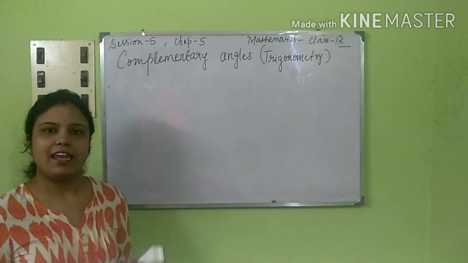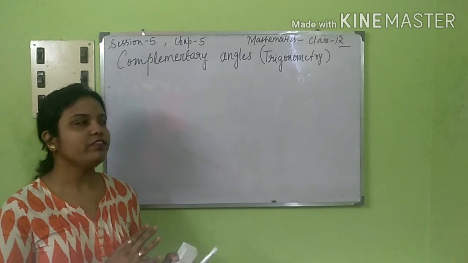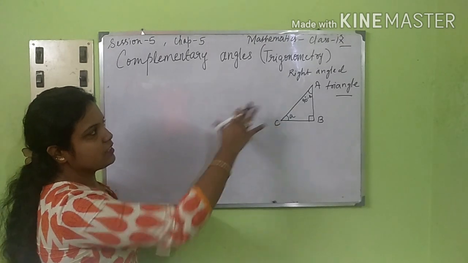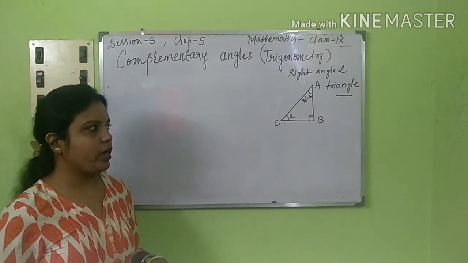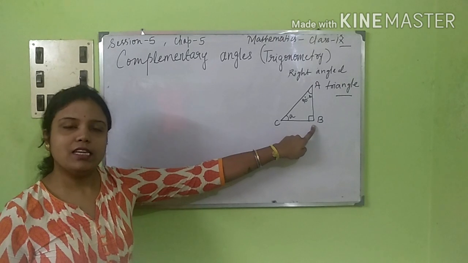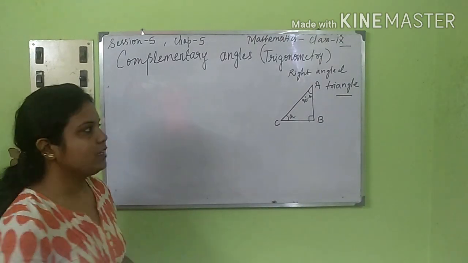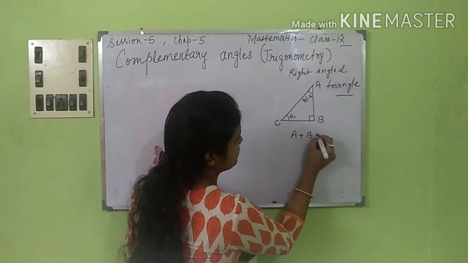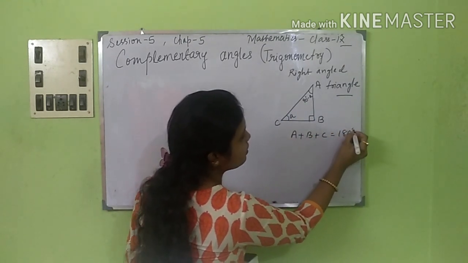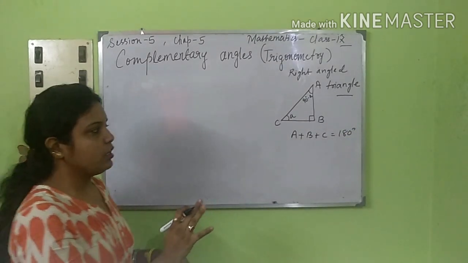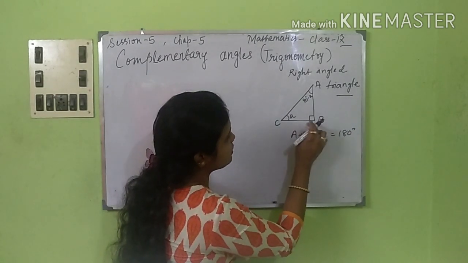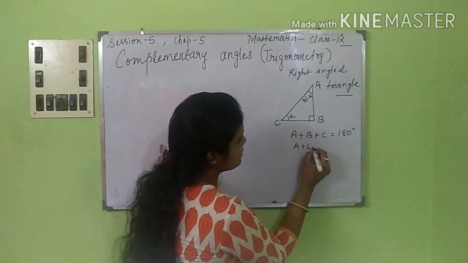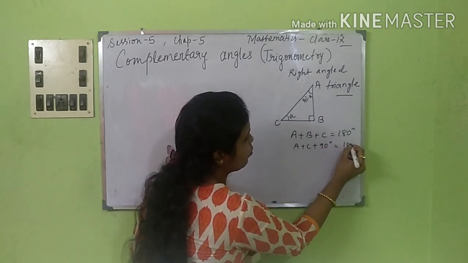So as for now, let's start with the trigonometric ratios of complementary angles. So let's have a look. Now let us consider this right angle triangle ABC, where it is right angle at B. Now you know that angle A plus angle B, that is the vertices, plus angle C will give you 180 degree, right? This we already know. And here already this particular angle is what? 90 degree. That means if we write A plus C plus 90 degree, that is equal to 180 degree, then